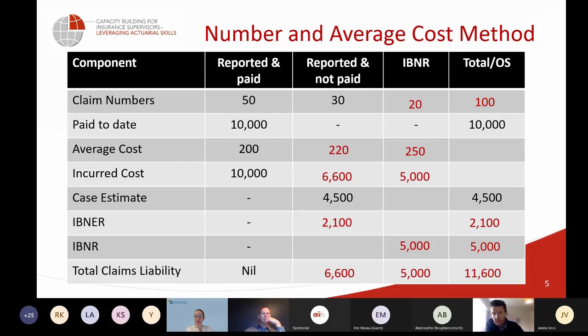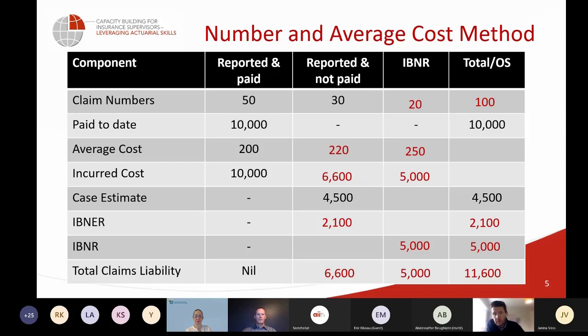Then in terms of the IBNR, the incurred but not even reported yet. So as we said earlier, 80 claims reported, and usually 80% of them are known at this point in time. So to get to 100%, we need another 20 claims. So we will expect 20 more claims to come through. Then the question is, what would be the average cost on those? And because they will be settled